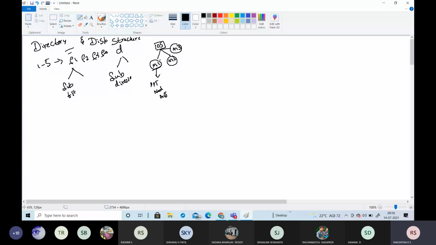Inside that there will be a subdirectory. If you consider this a file, there will again be some directories present under this main thing. So this is what a directory is. A directory can be divided into subdirectories, and files may be divided into different sub file directories. A directory which contains subdirectories can also store the files and the attributes of the file. So what are the different attributes of the files?